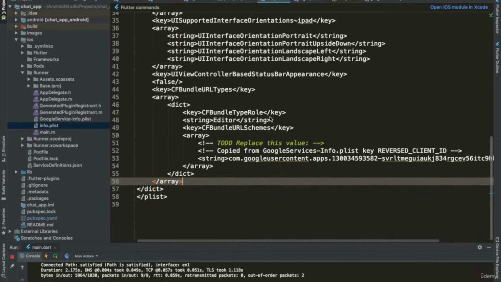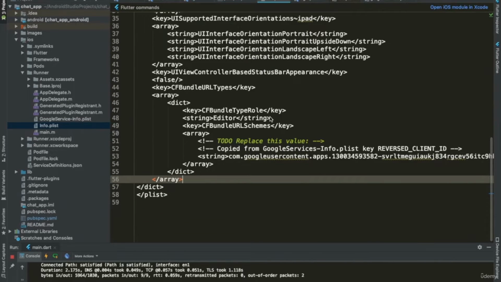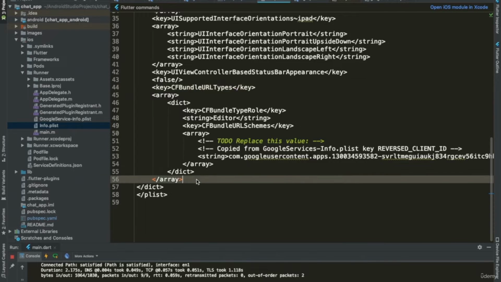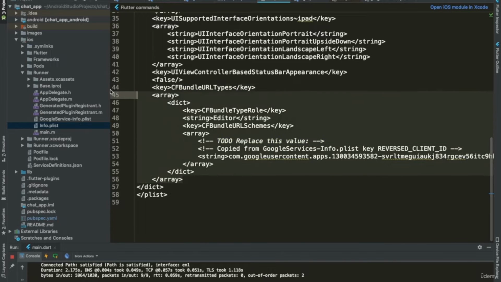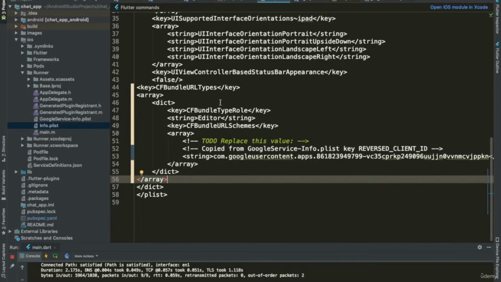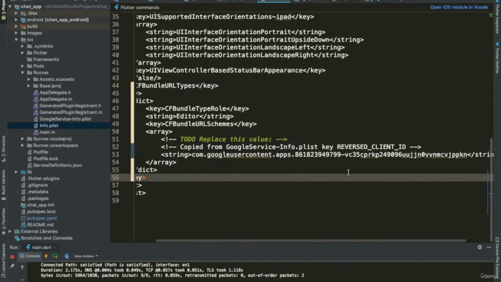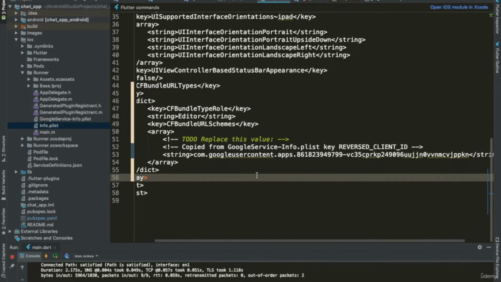I have it here already actually, but I'll just copy it again to make sure you guys understand how this happened. Okay, this is what you have to do, and the final part is you have to replace this string down here